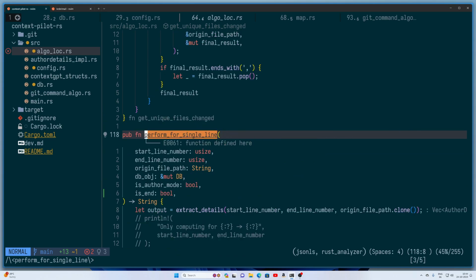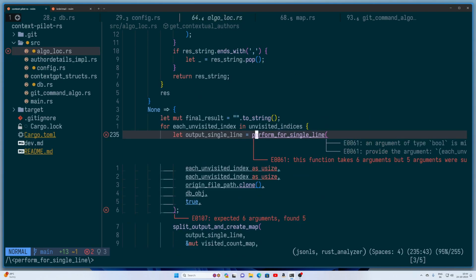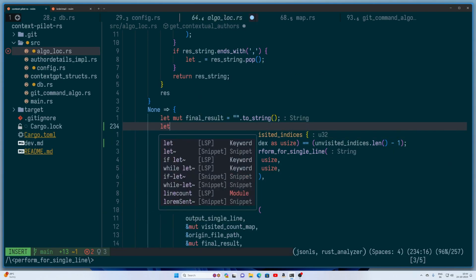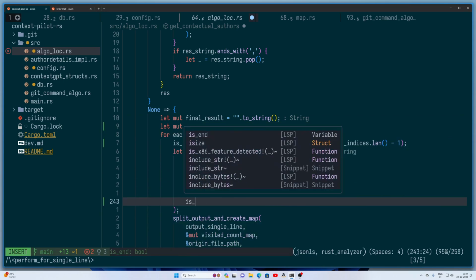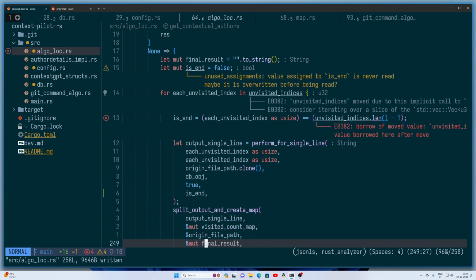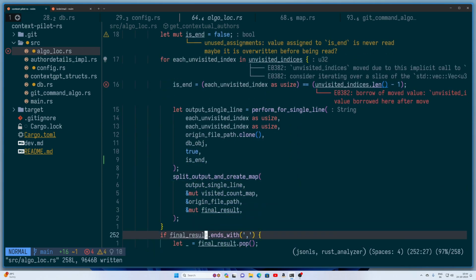All right guys, this is done as well. Now what's the error? There's one more error and then we are done. Let mut is_end equal to false. Done guys. So now the thing that we are doing is like we are not really